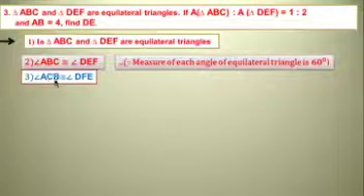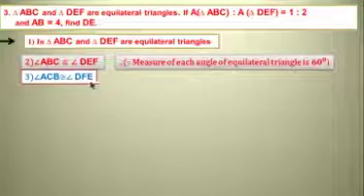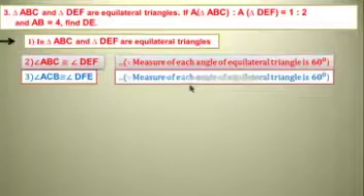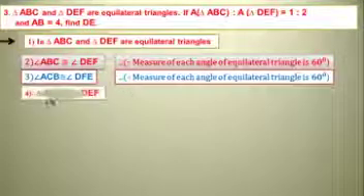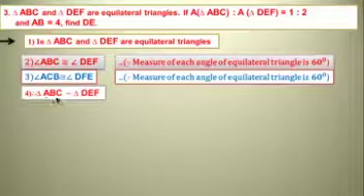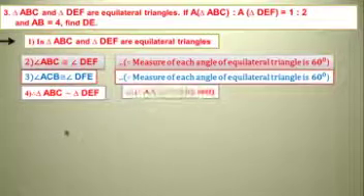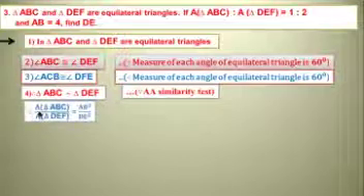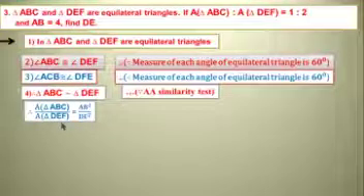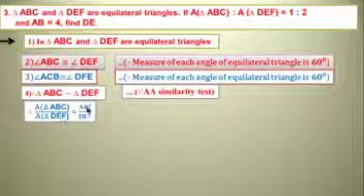Angle ACB is congruent to angle DFE; the measure of each angle of an equilateral triangle is 60 degrees. Therefore, triangle ABC is similar to triangle DEF, by the similarity test. Therefore, area of triangle ABC divided by area of triangle DEF is equal to AB square divided by DE square,